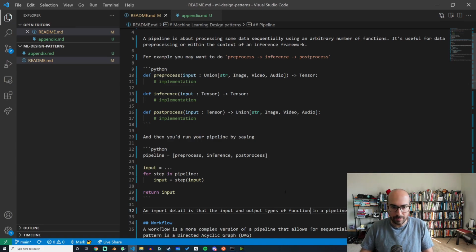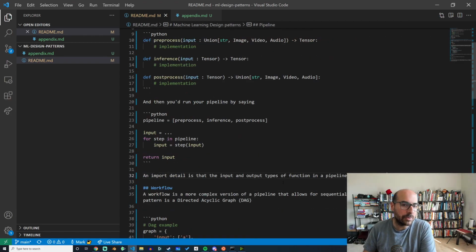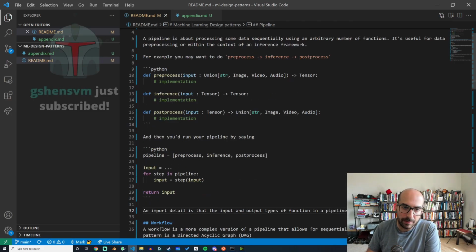A function's input needs to match the previous output. The reason why types are really important here is because if you look at this,